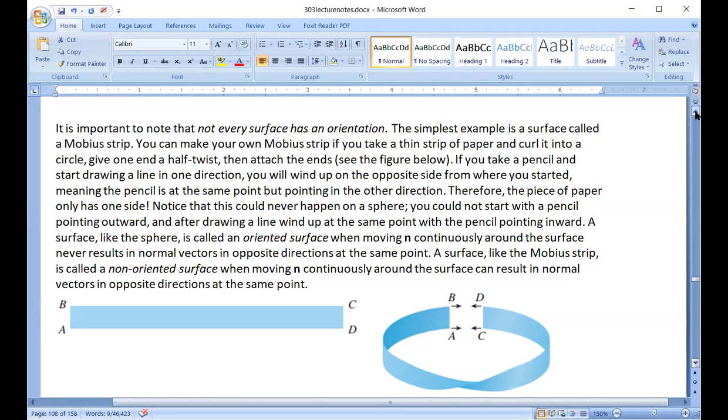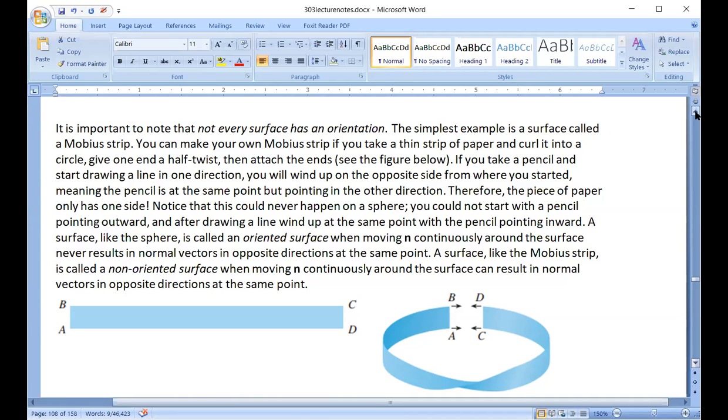Therefore, this piece of paper only has one side. It's a crazy thing. It's actually a lot of fun to do yourself, and I recommend that you try it. And as one corollary of this, when you bring your pencil around,